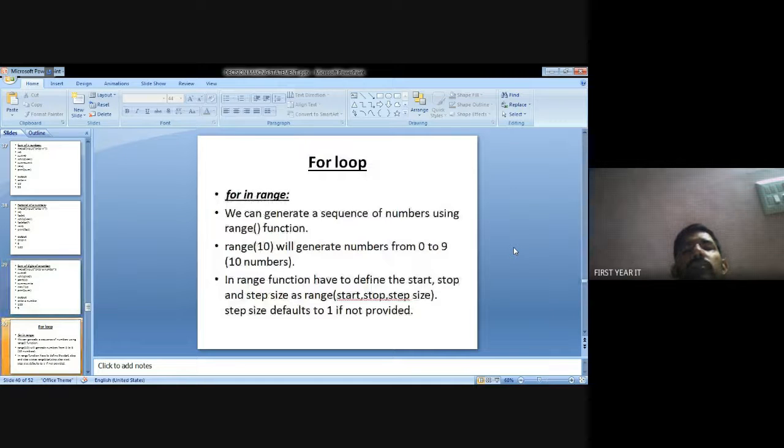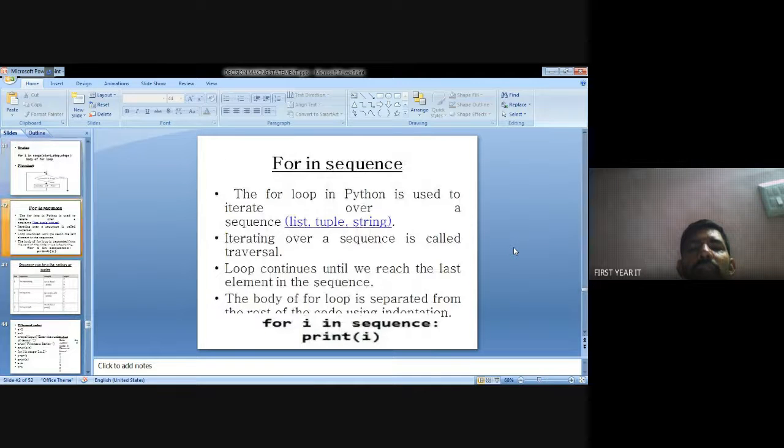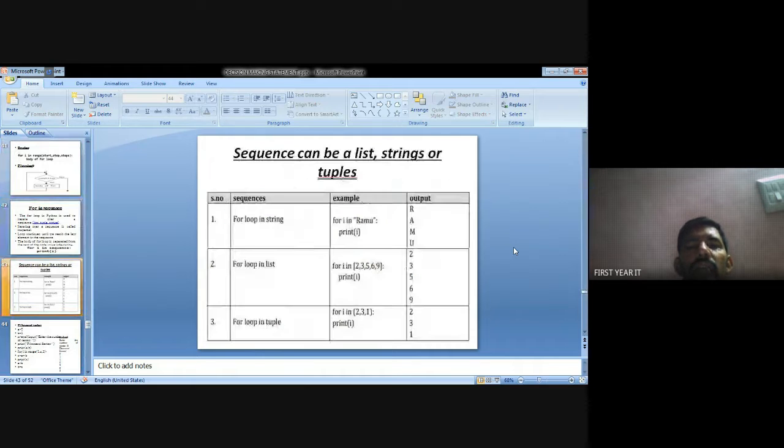This is the for loop. Using a for loop, we can execute a statement a number of times sequentially. So for i in range, start, stop, step. I put the start, stop and step values in the example. For means executing for the number of values. Also for in a list: 5 represents Ramu, and Ramu is defined one by one, the letters represented sequentially in order. That is using the for loop.